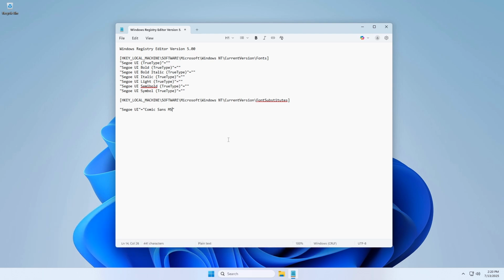Note 2. If you remove any font line entirely from your .reg script, Windows will retain its default mapping for that font. Note 3. Blanking a font line by using an equal sign and empty double quotation marks disables the corresponding font. Note 4. The line Segoe UI equals new font tells the system that whenever it encounters Segoe UI